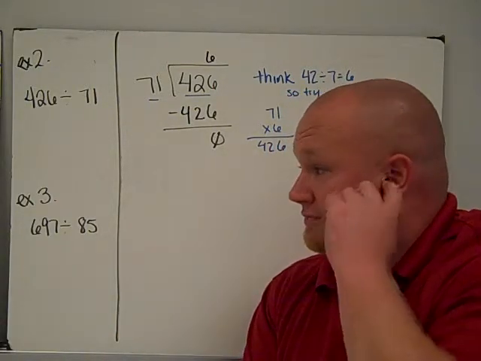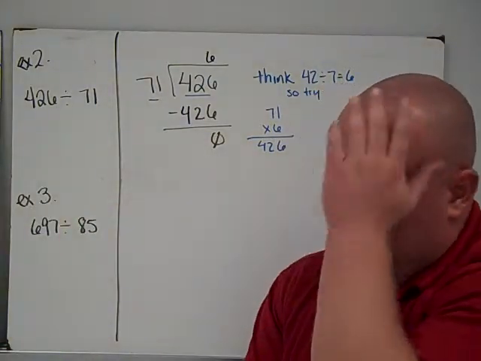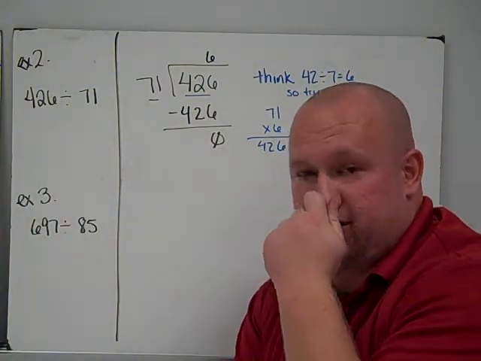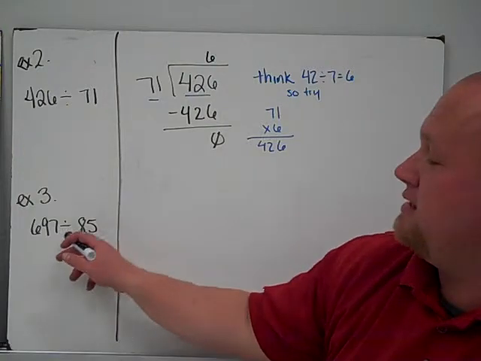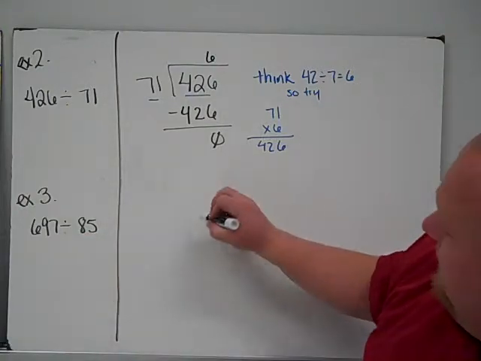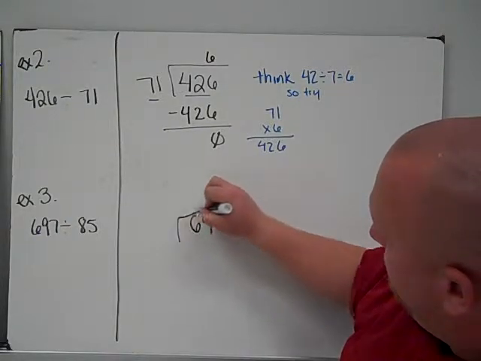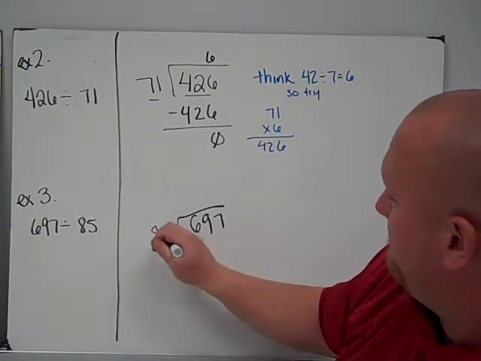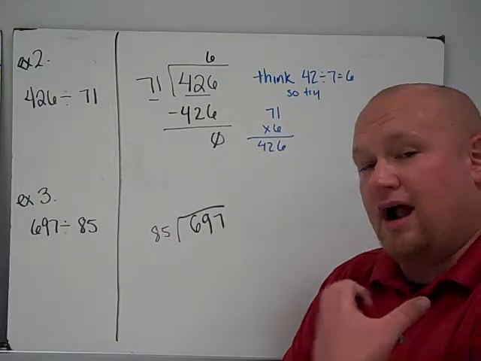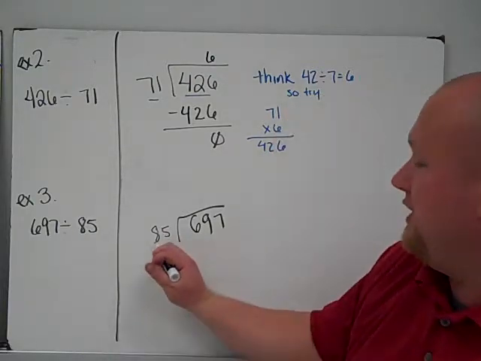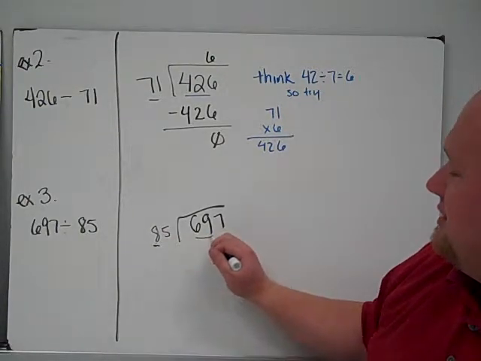Now let's do one together. I don't want you seeing all these problems thinking I planned it out and I've got it perfect. We're going to do this one in real time. 697 divided by 85. Let me put that dividend right in here. Divisor on the outside. Now, what I'm going to start with, I'm starting with thinking 8 goes into 69